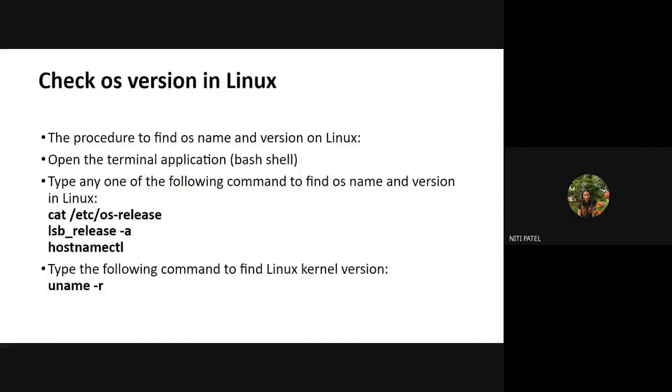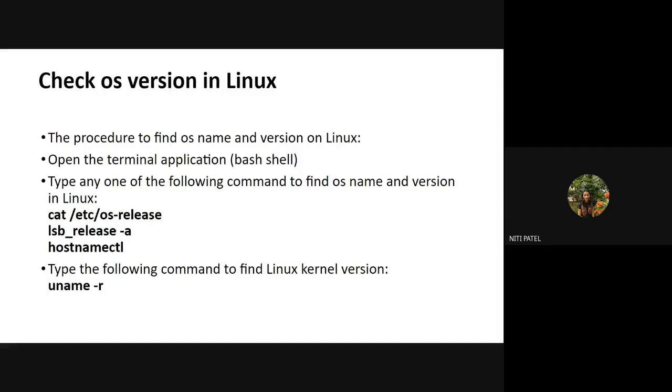So if I want to find the version number of any particular application or any particular package, I just have to write apt show version and the name of that package or the application. It will show me the version of that package. So if I want to see the version of my Firefox, what I'll write is apt show version Firefox. And when I press enter, it will show me the version number of my Firefox.